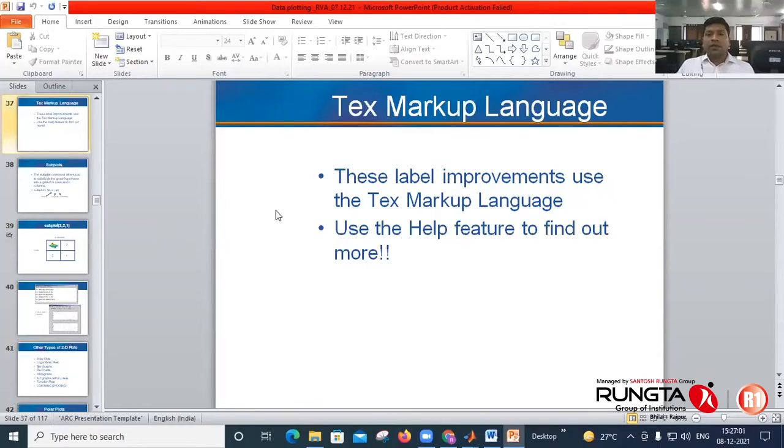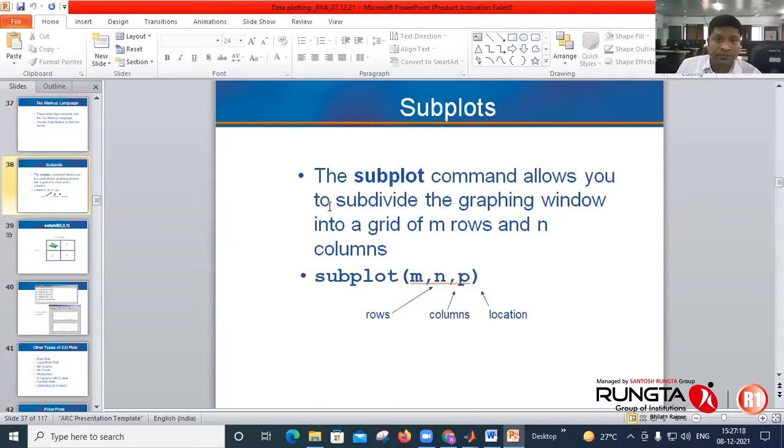Okay, so this label improvement uses the text markup language. You can search for this text markup language and find more features from MATLAB. Okay, the next